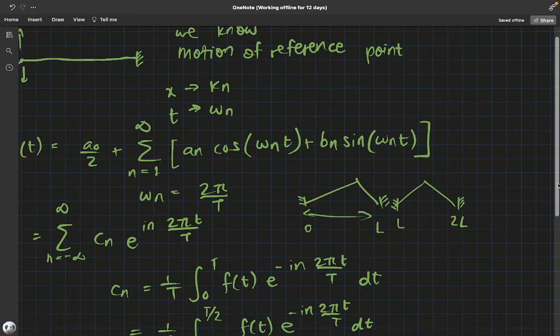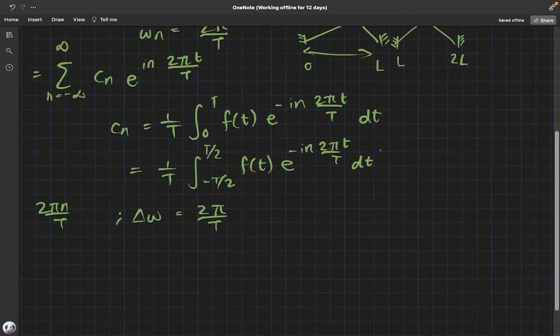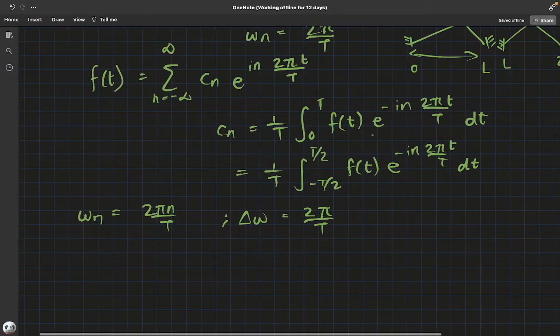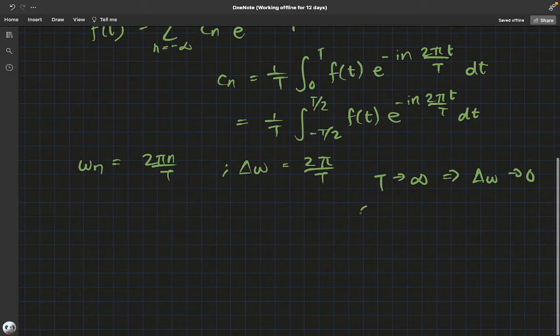So it's going to keep repeating this way. So it only acts like the function in that small gap, that small interval. It doesn't do that on the entire space because of the periodicity problem. So how do we tackle this problem? We set the periodicity to go to infinity. So it only repeats itself at infinity, which is never. And that means the time period goes to infinity, which means delta omega actually goes to 0. So these are our continuum limits.